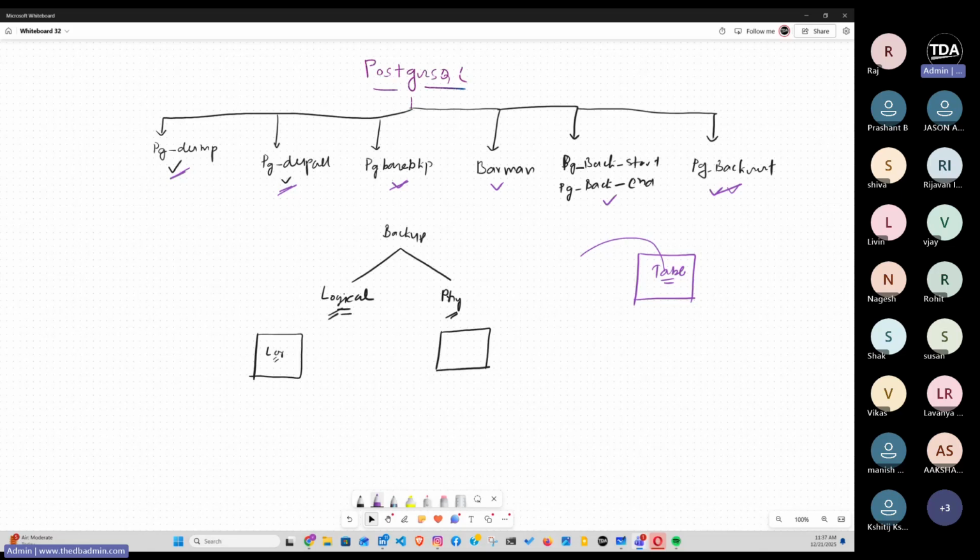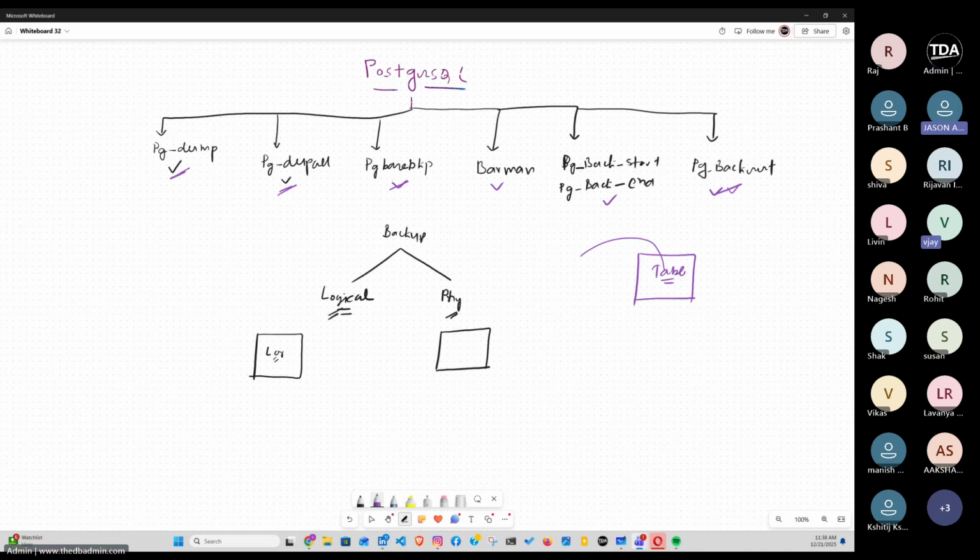So basically, this is just a very traditional backup. When Postgres got introduced from Berkeley University, this was the first backup that people used to take. It is quite similar to the Oracle start backup. Oracle also has begin backup and end backup, right? Oracle has a way of taking backup: begin backup, you just copy the data files and tablespace files, and end backup, right? It is quite similar to that. Okay, any more questions?